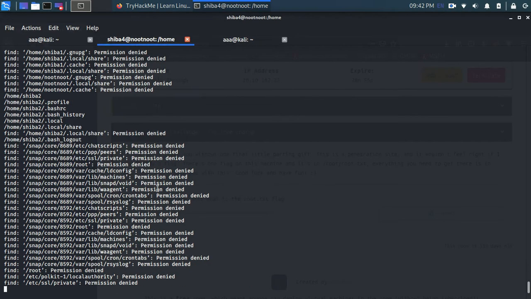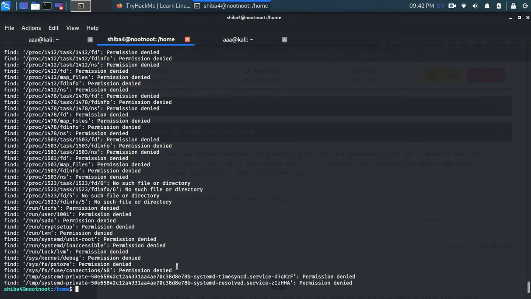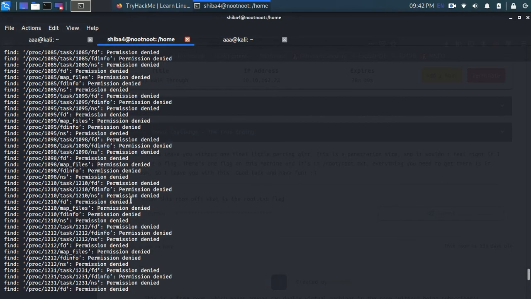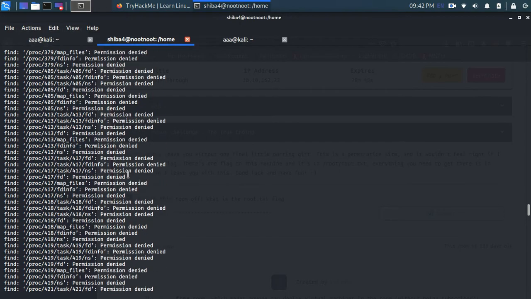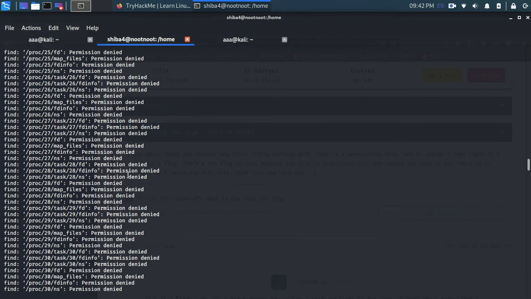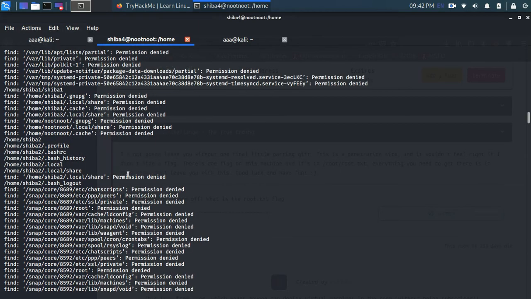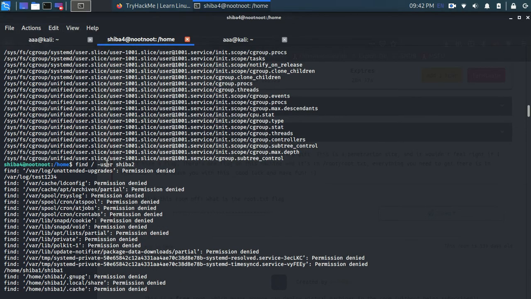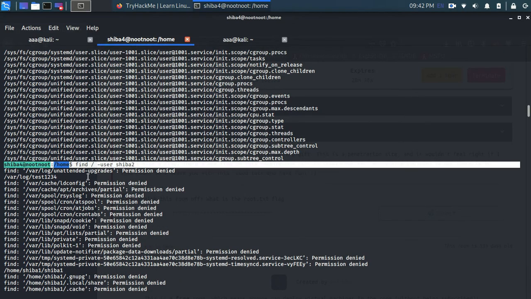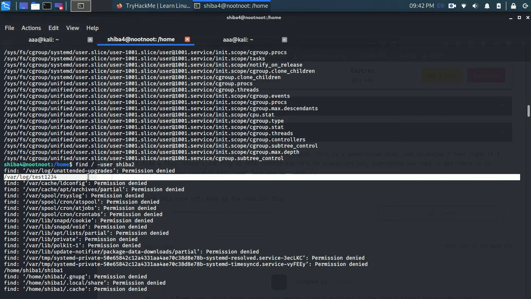You can see so many files with permission denied, permission denied, permission denied. For Shiba 2 there is this file which doesn't give any permission denied, so let's go there.